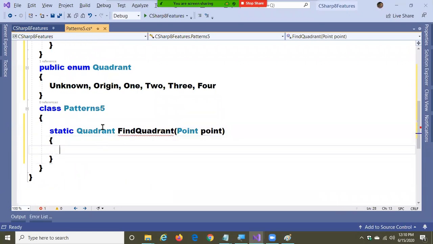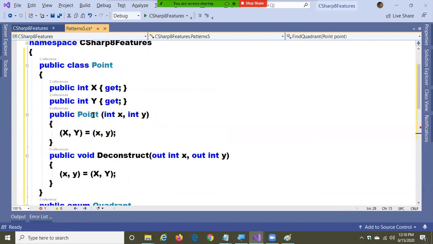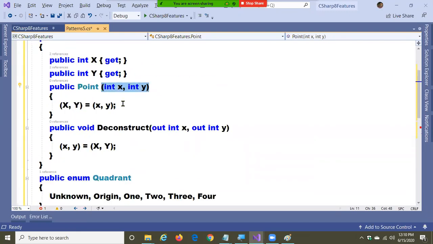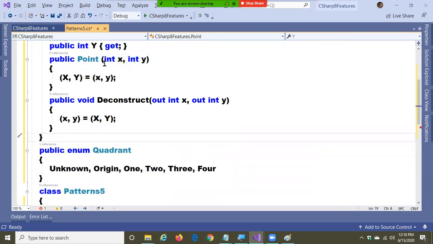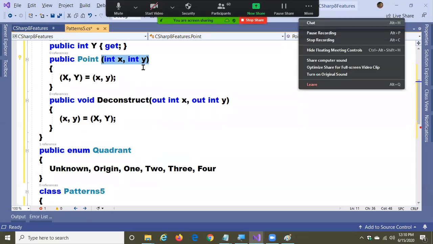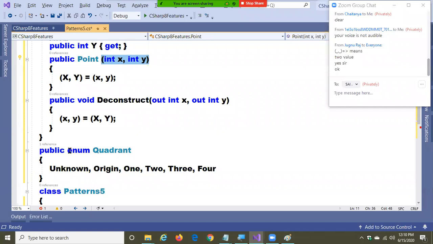A point takes two values, the x coordinate and the y coordinate. Based on the x and y coordinates, it has to tell me which quadrant it is. Suppose I pass 0, 0. In this list, if 0, 0 is passed, which quadrant does it come under?